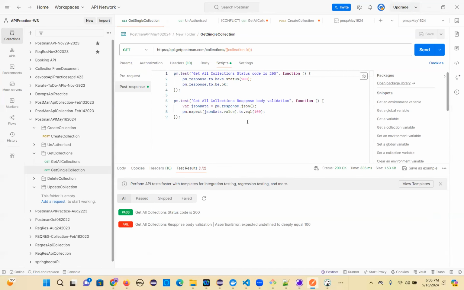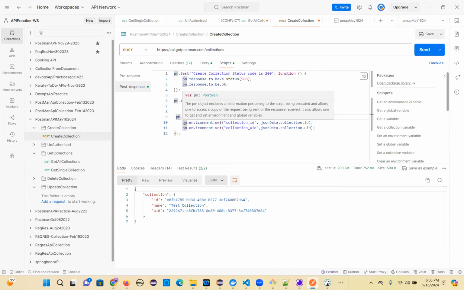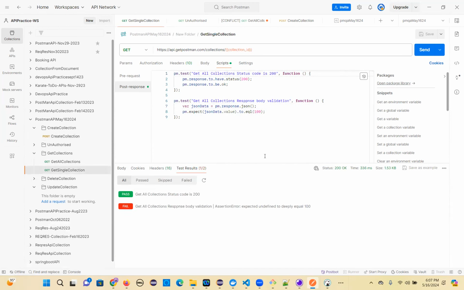So maybe I will add a collection name. I'll store this collection name also. So let me store the collection name also, dot name. The collection name I'm storing there. First you execute this, and you come to here, and I'll change it here. So JSON data